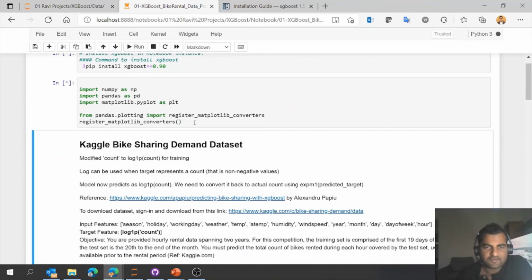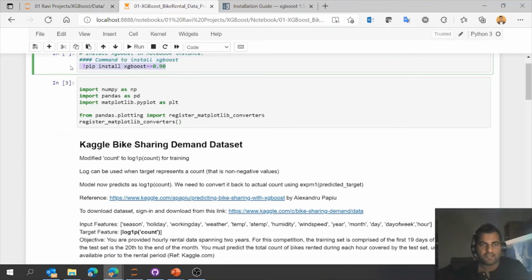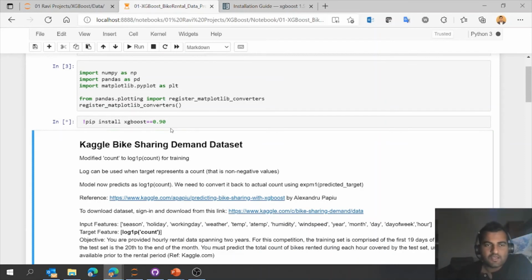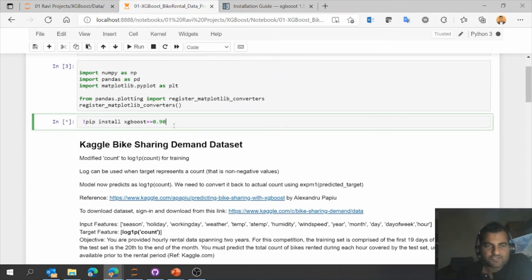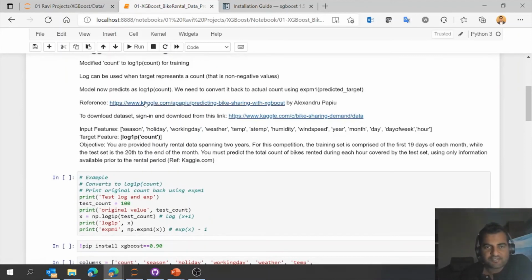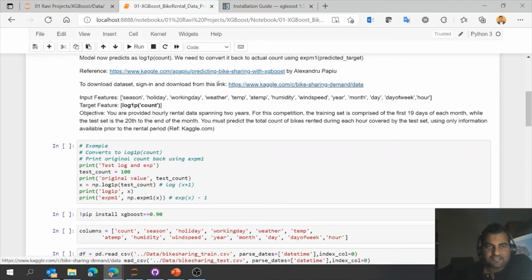and followed by that, you can see the XGBoost version as well. Yeah, so while it is executing, I wanted to show you more details about where the data set is available. You can go to Kaggle and get the bike sharing prediction data set, and you can also download it by signing in on this data, right?